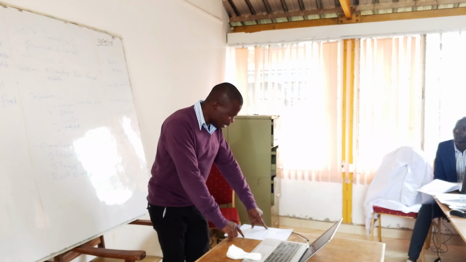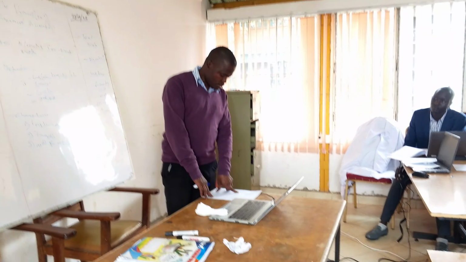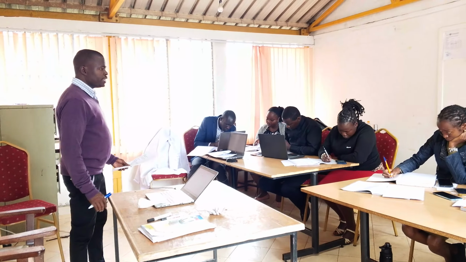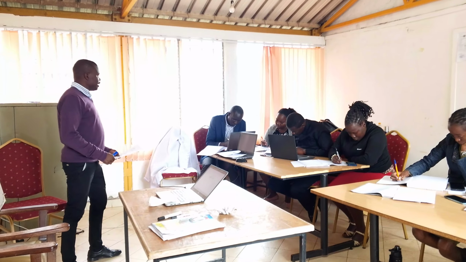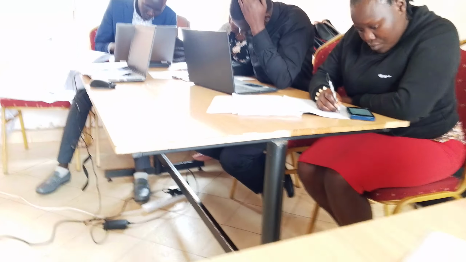Thank you for your participation. Just to add on what you have said, I want you to write this down. Fixed assets are long-term tangible assets that a business owns and uses in its operations to generate income. Examples include buildings, machinery, vehicles, furniture, land. The key characteristics will include tangible, long-term for use, not for resale, depreciable, and used in the production or service delivery.